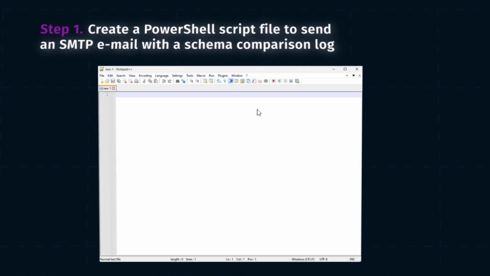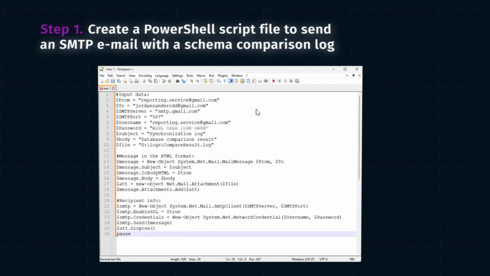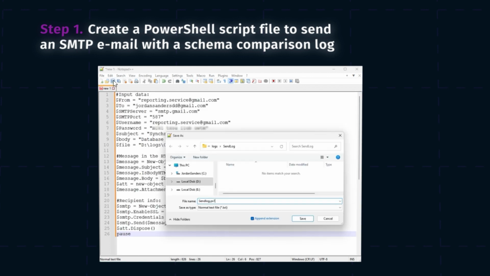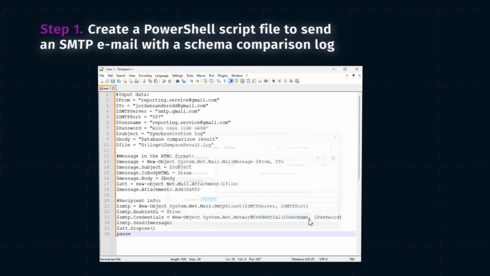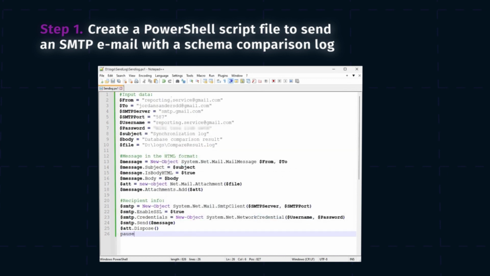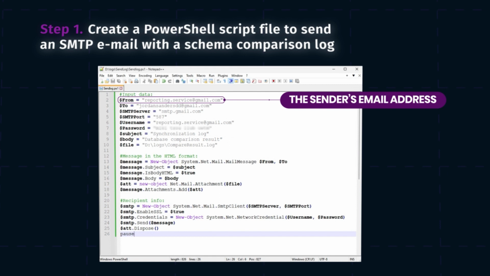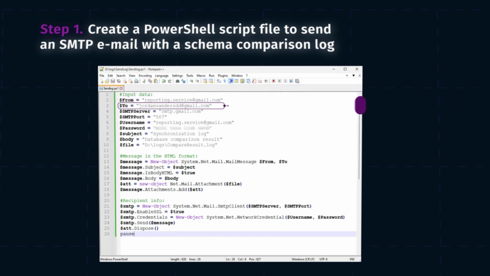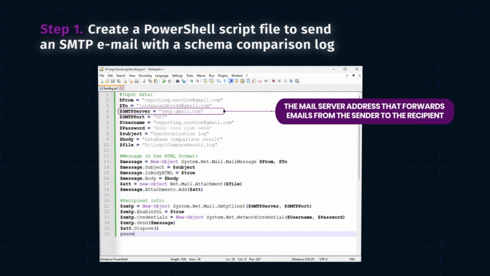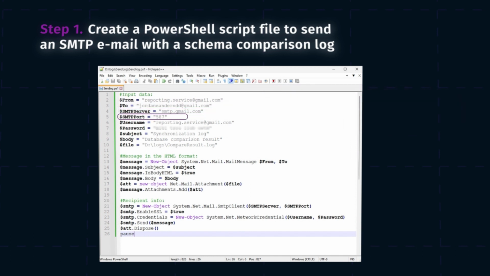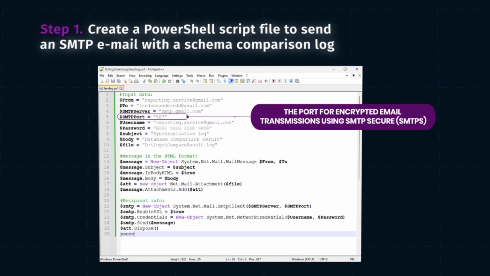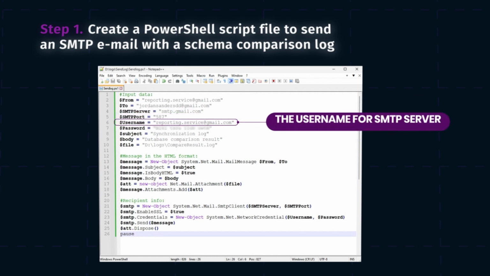To create a PowerShell script file for emailing a log file, open any text editor like Notepad, Notepad++, or Visual Studio Code. Paste the PowerShell script and save the file with a .ps1 extension. This script contains the following variables: the sender's email address, the recipient's email address, the mail server address that forwards emails from the sender to the recipient, the port for encrypted email transmissions using SMTP Secure, SMTPS,